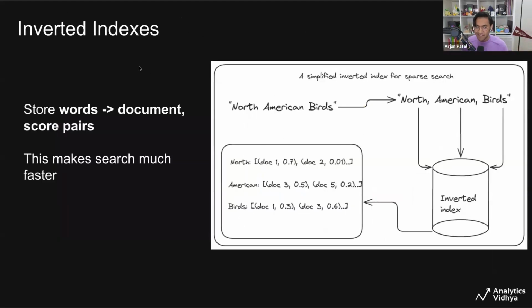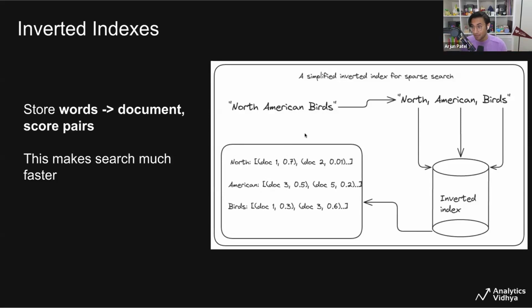What's an inverted index? An inverted index is a data store that's really useful for keyword search or sparse search operations. How it works is you take a string, you break it up into the tokens, and instead of storing the documents that map to the tokens, you store the tokens that map to the documents and their weights. So when you want to do a lookup of all of the documents that have these tokens, you can just look up the words, which is way faster than looking up the documents and trying to find the words. And you can go inside and see what the weight of that word is inside of that document.